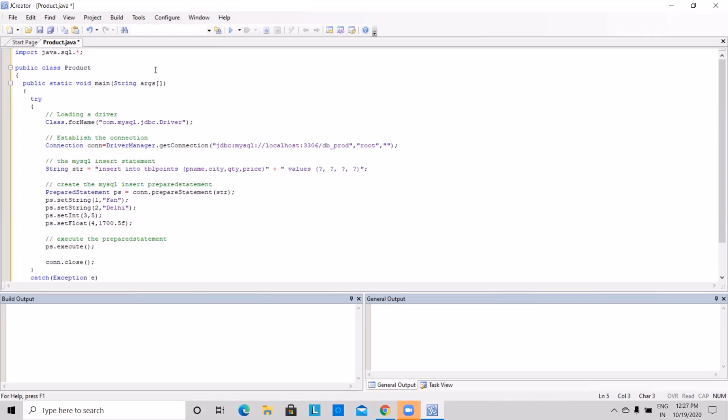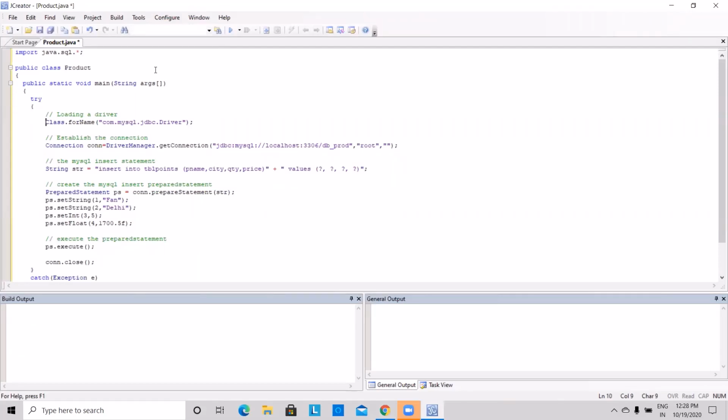Now this is the main function of my Java file, that is public static void main, and this is a try block. As you already know, in Java we need to write any code which can generate an exception inside a try block. So here there is a lot of chance of generating different types of exceptions. That's why I am using a try block here.